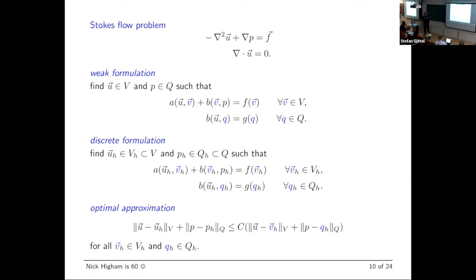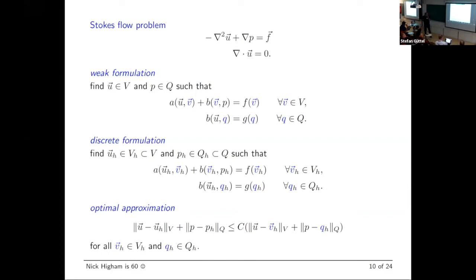So this is a generic saddle point problem of physical importance. These are Stokes flow. So the equations at the top, u is the velocity of a fluid, p is the associated pressure, and the fluid is incompressible. So div u equals 0 is the incompressibility constraint. And that is a saddle point problem. If you write it in functional form, which is done in the next line, you have a weak formulation, then you have this characteristic A B kind of structure. It's saddle point because it's got a 0 block, because there's no pressure in the incompressibility constraint.